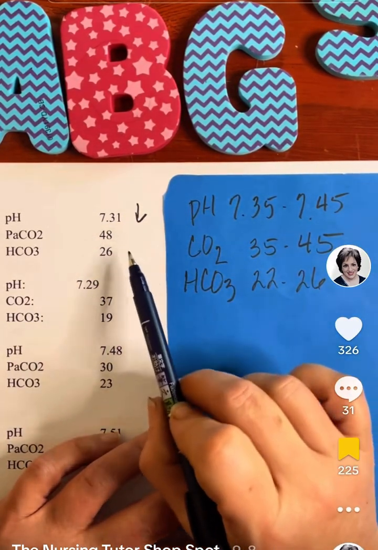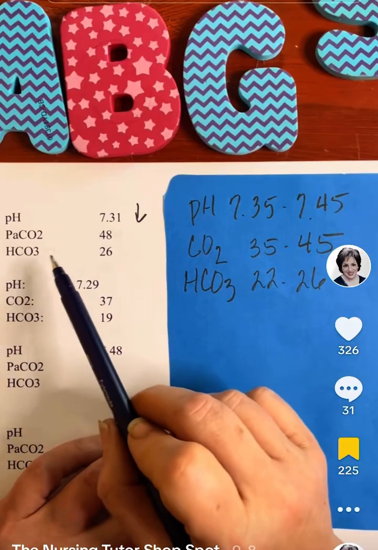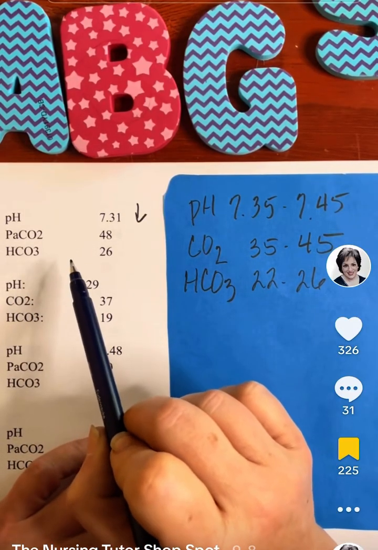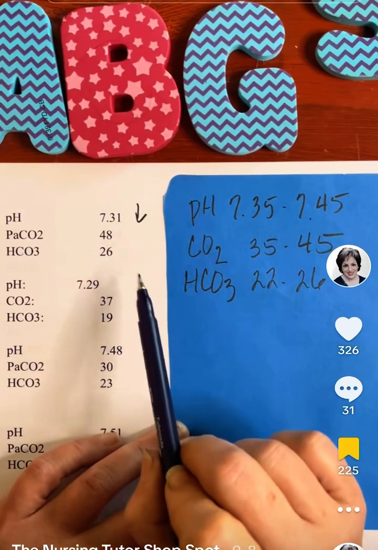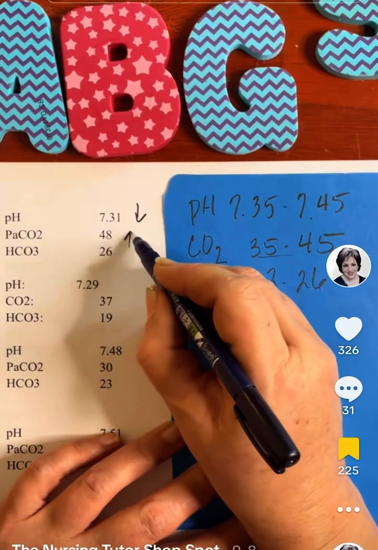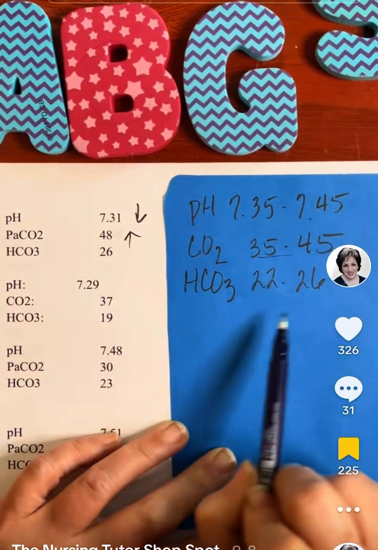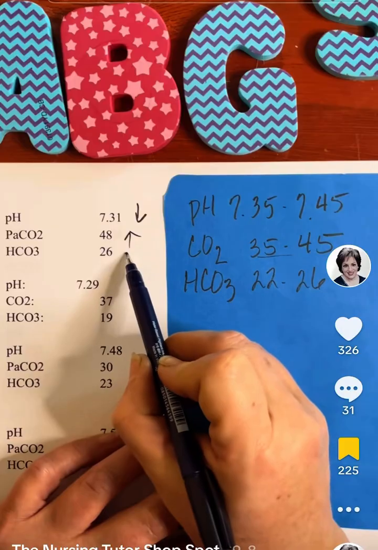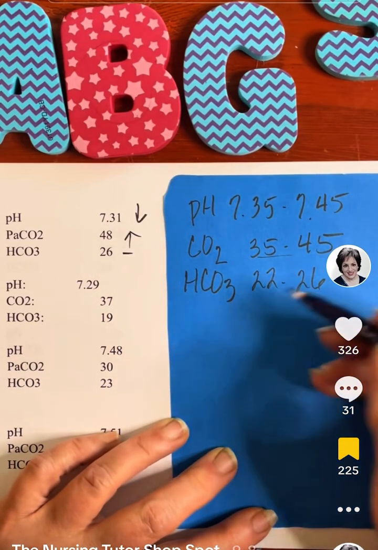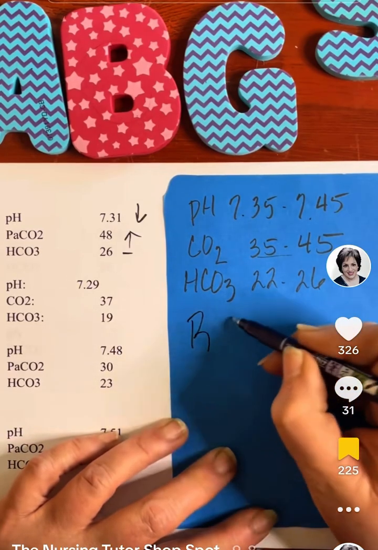My arrows are flicked, but it's all right. A CO2, PaCO2 and CO2 are the same thing. This one's 48. That's high compared to that, huh? Yeah. And then a bicarb of 26, that's cool right there. He's just chilling. Okay. And when we use the ROME method